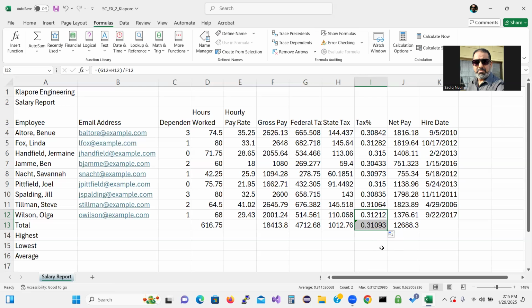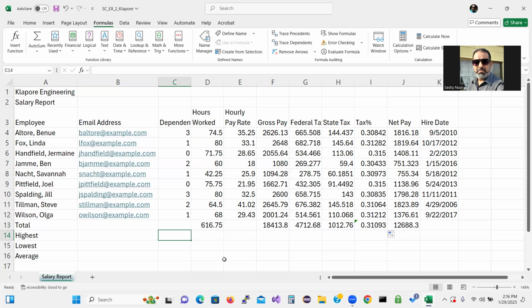Now we want to find out the maximum, the minimum, and the average. So these are stats functions, right? The highest, the lowest, and the average, they fall under the stats functions. Now to find the highest, obviously we need to find the maximum, right? So from the dependent, which one here looks like is the highest value, right? So I have two ways, three to four ways to get the function done, the highest, which is the max